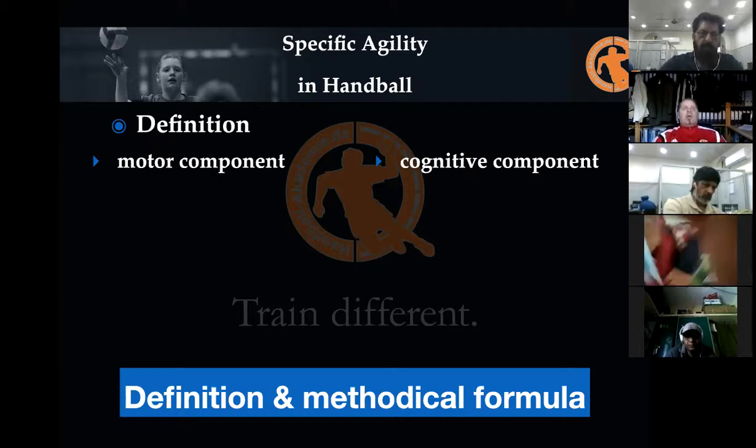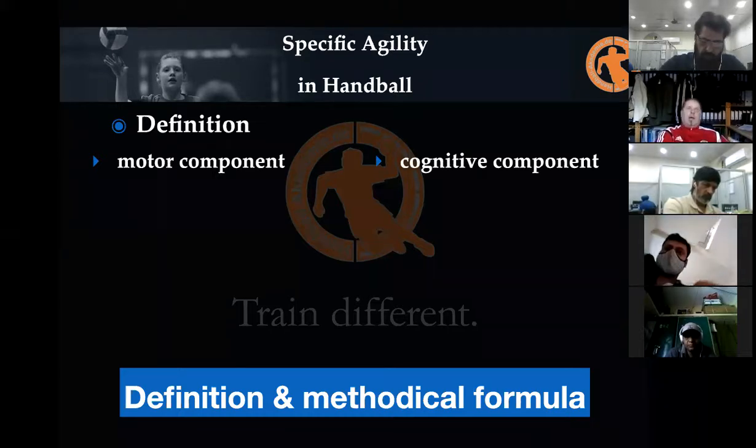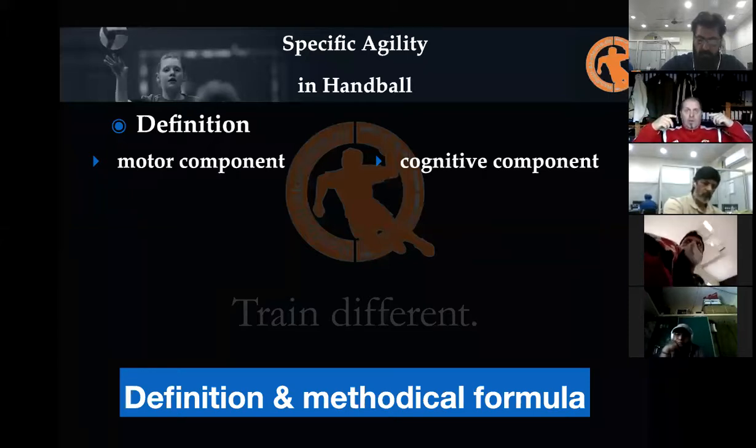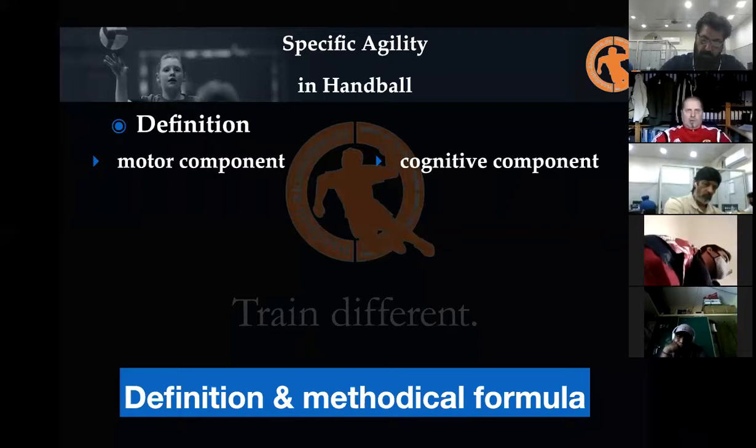And this again is what happens with the legs and other parts of the body, because the motor component is everything that deals with movements. But on the other side, we have the cognitive component: all the elements that depend on taking up information and dealing with that information, making decisions on the court. So these are the two elements, like we can prescribe it or transfer it from our